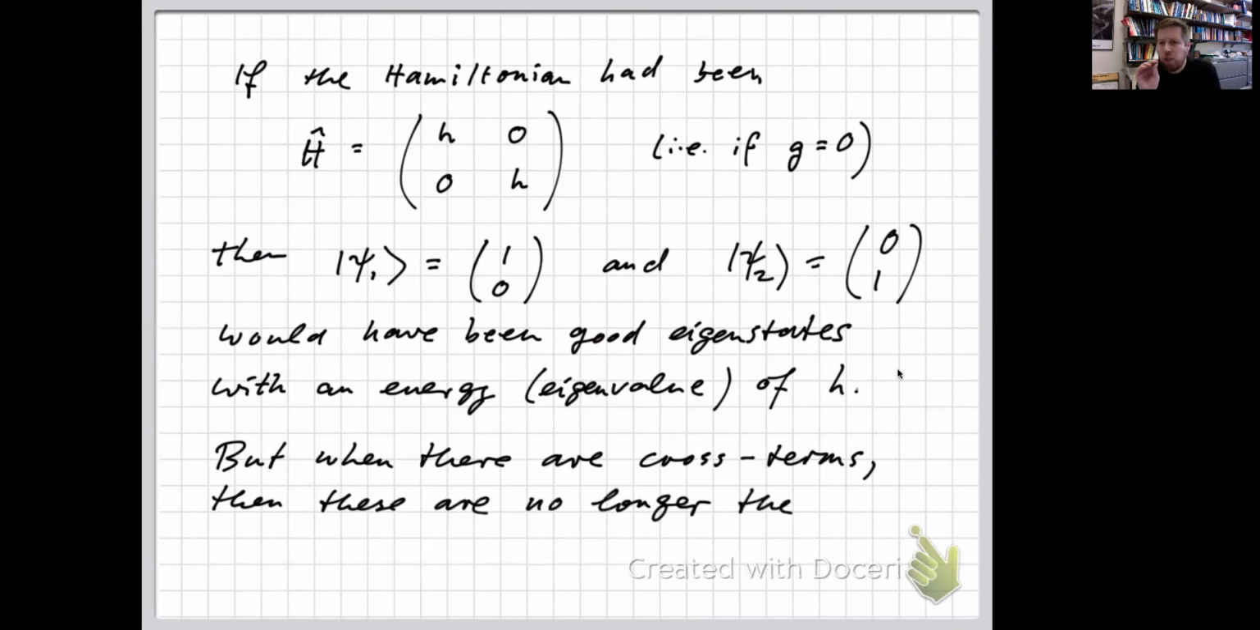But once you introduce the cross terms, the g's here on the off diagonal, then these are no longer correct eigenstates. Okay, so